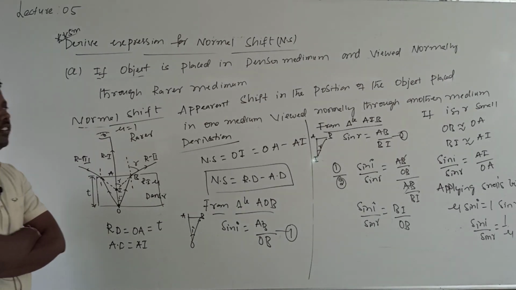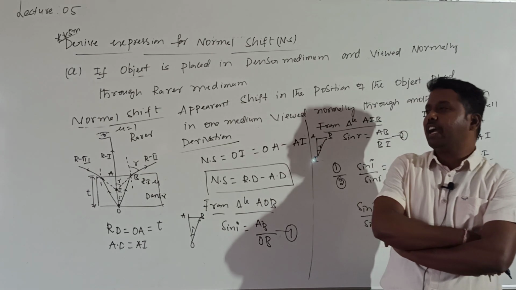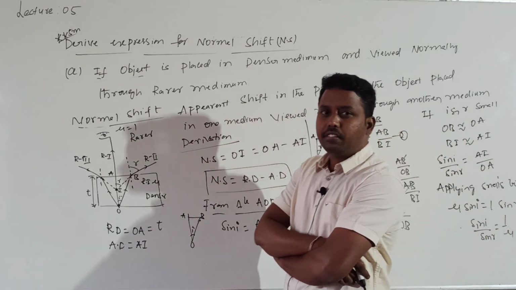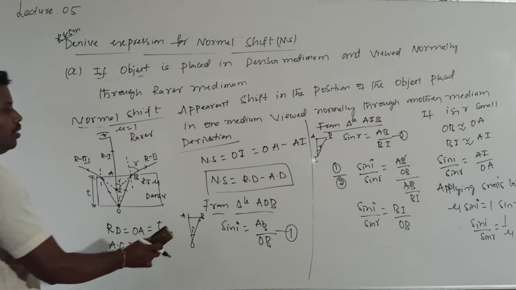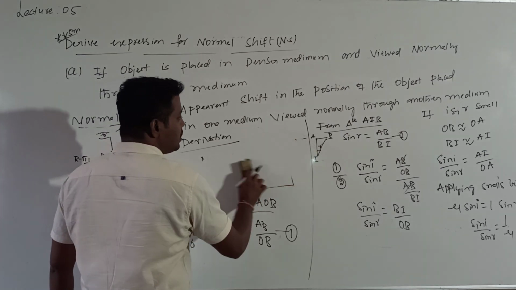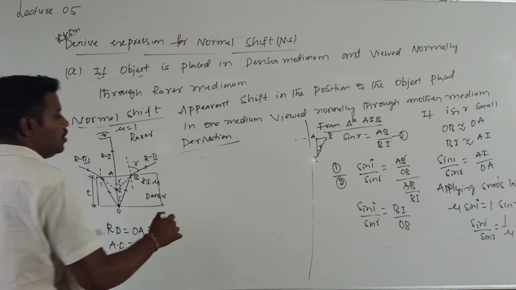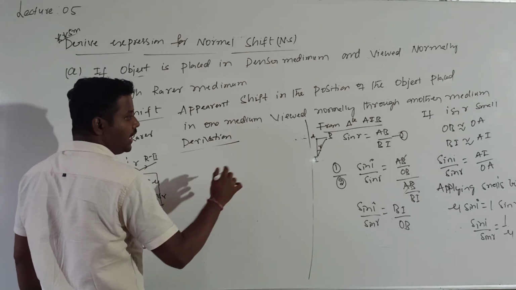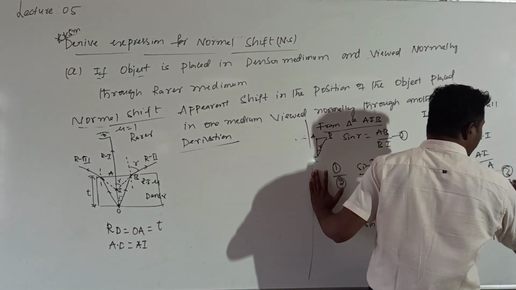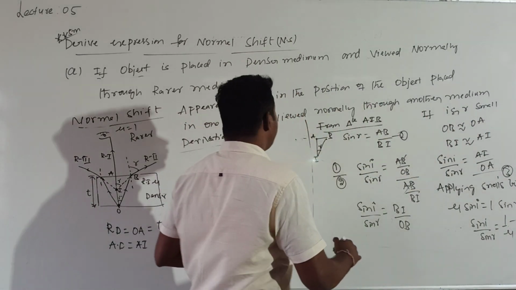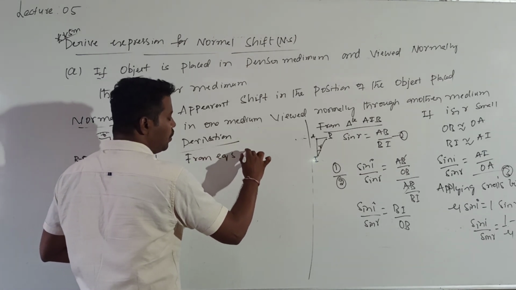The diagram is very important. For the diagram there is 1 mark, and the diagram with compulsory arrow marks is needed. In the diagram, everything should be clear. Now I can write; that side I am not able to write, so I am rubbing only this part in this derivation. So what value did I get? I got mu is equal to sin i by sin r. Can I call it equation 3? Can I call it equation 4? So from equations 3 and 4,